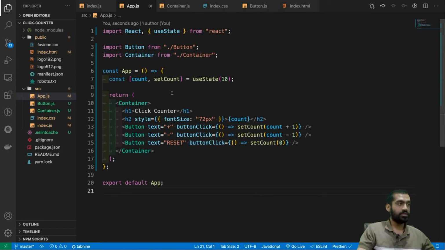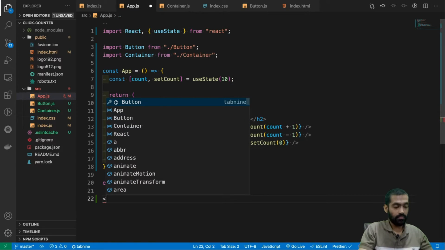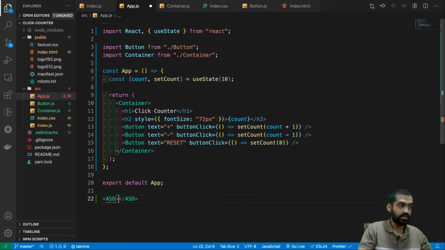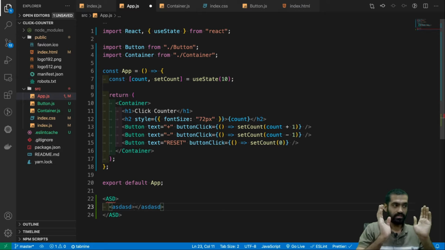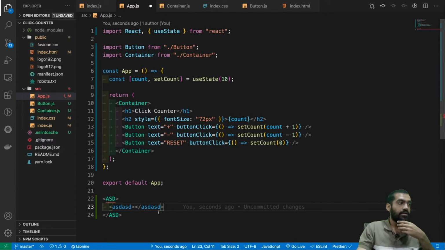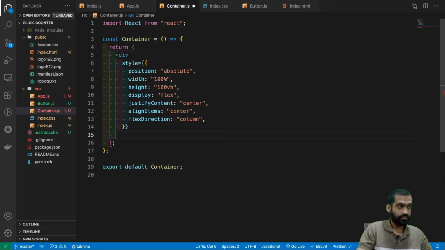So what happens is when we pass, let's say we have a component called ASD, right? And inside that component we have some different tags, right? So whenever we pass some tags or some JSX elements inside a container element, these JSX elements only get rendered once we tell this component that there are some JSX elements here, also render those, right?